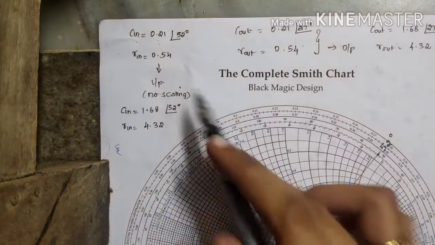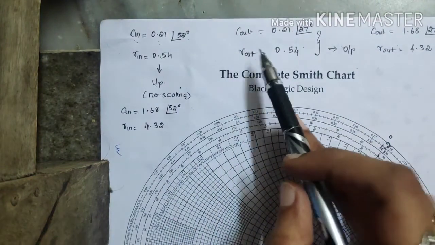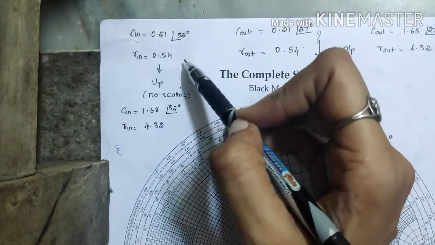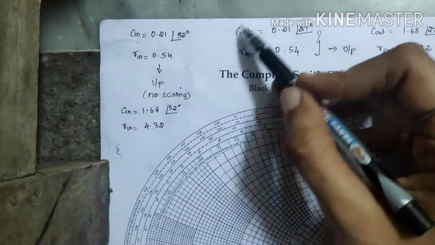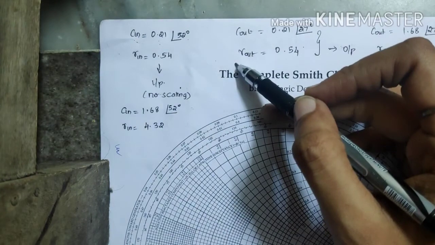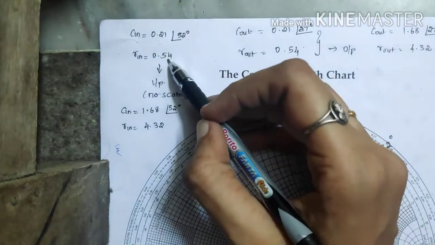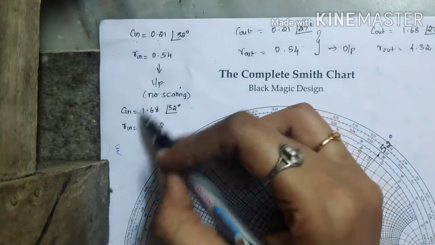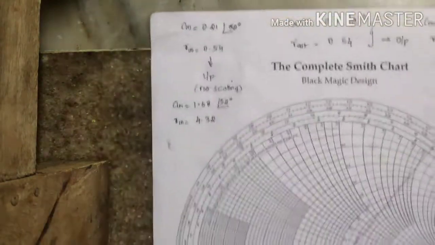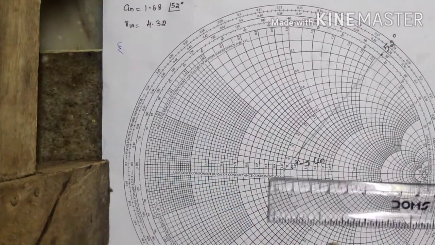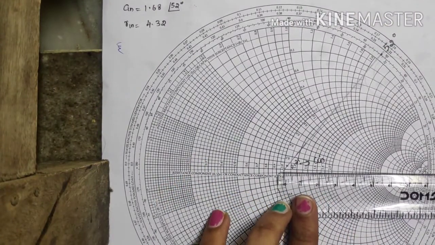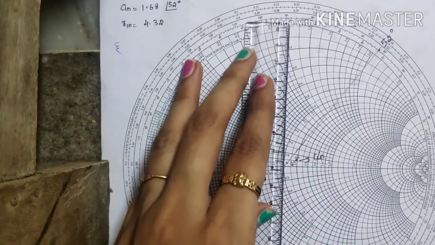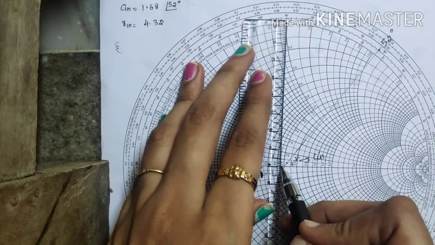Now after finding the values of C in, R in, C out and R out, we will plot them on a Smith chart. C in and R in are used to draw the input stability circle, and C out and R out the output stability circle. But 0.21 and 0.54 are very small to draw on a Smith chart, so we will upscale these values. If you take a Smith chart and measure from the center to the edge, it measures 8 centimeters, and in whatever direction we measure, it is approximately 8 centimeters.